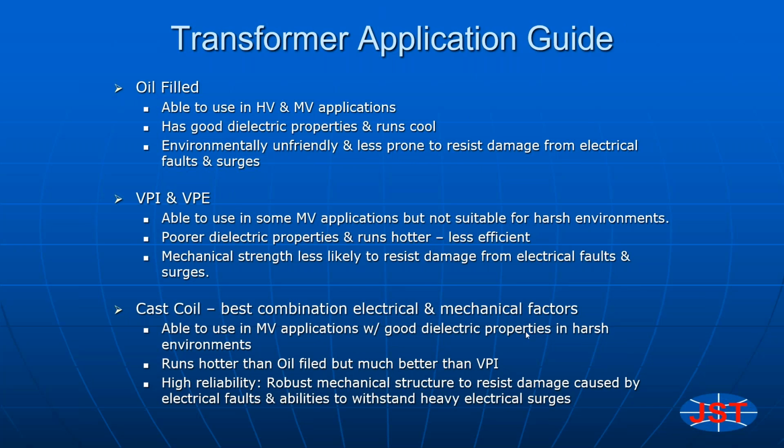So with what we just talked about in evolution, I want to go over an applications guide and see in certain applications where these things fit. With oil fill, you're able to use those in both high voltage and medium voltage applications. That's important to point out because you get to a point, especially with high voltage, where it all really boils down to the current. You have your I squared R losses, and as a result, you get to a point where you cannot use any type of air-cooled system to take away the heat that's dissipated from your I squared R losses. You have to use some type of liquid to do that. So there are certain applications because of that where it has to be an oil-filled